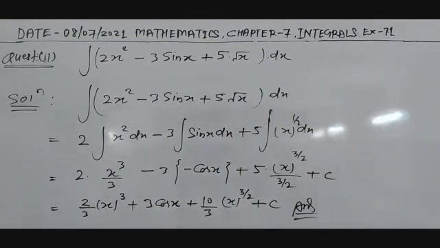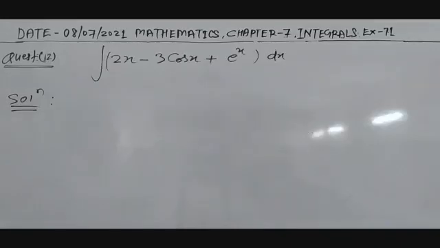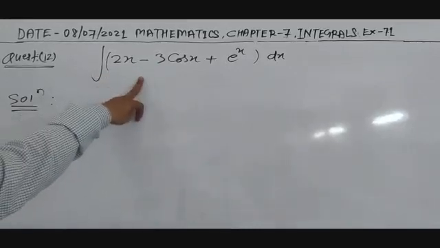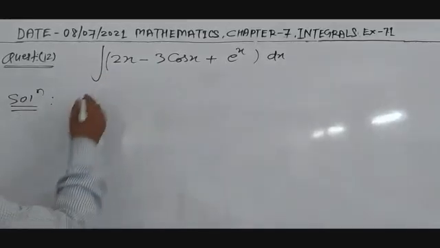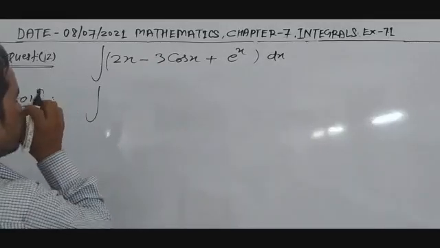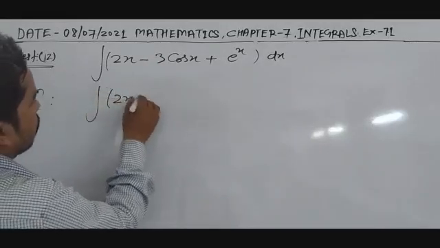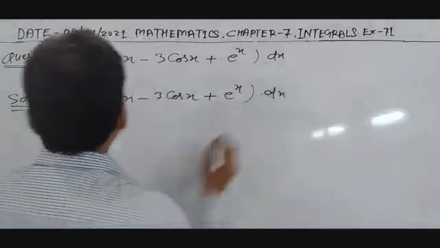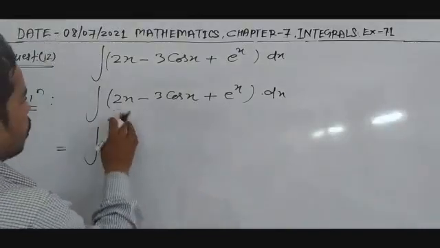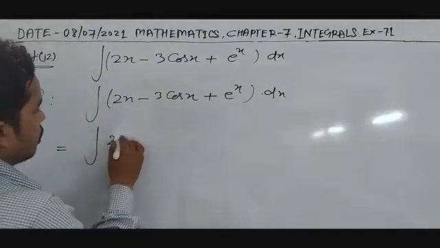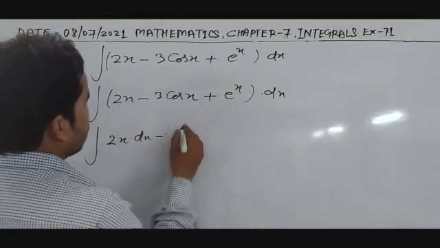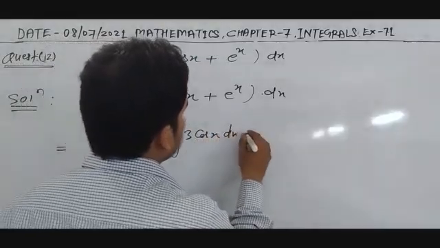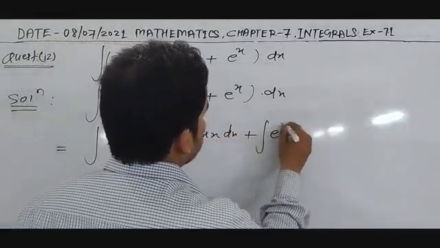Question number 12 is integration over 2x minus 3 cos x plus e to the power x. So write the function which we have to integrate: 2x minus 3 times cos x plus e to the power x dx. Now integration in 3 parts. Integration over 2x dx minus integration over 3 times cos x dx plus integration over e to the power x